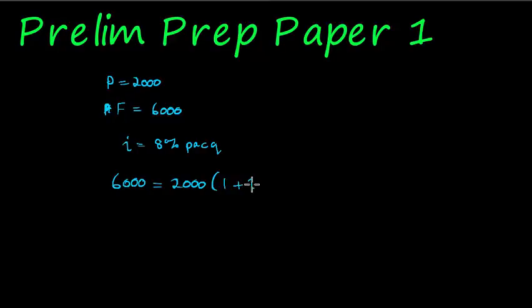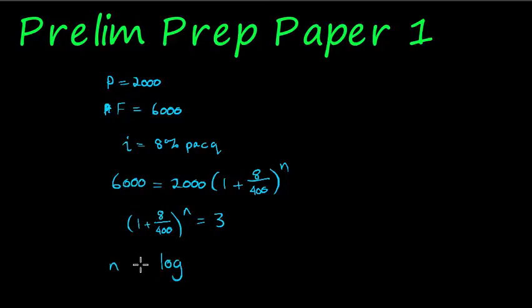Okay, i is 8%, paid quarterly, so it is divided by 4, and since it's a percent, it's over 100, to the power of n. Now personally, I don't go and say this is 4 times n. Some people do it like that, but then this thing is solved by just getting 1 plus 8 over 400 to the power of n is equal to 3, because I divide both sides by the 2,000. And so log,